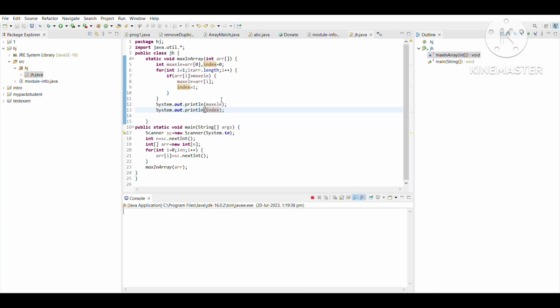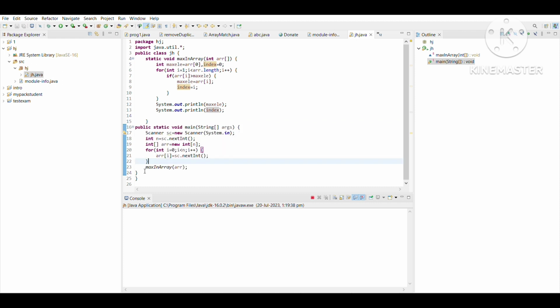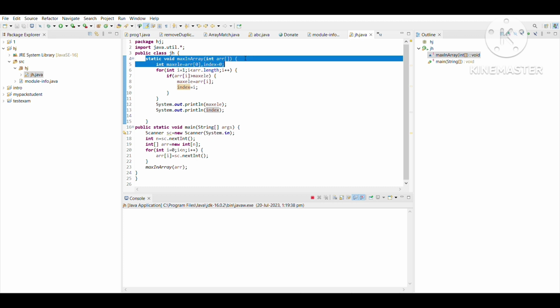Now we can see the code. We have used the Java compiler here, so don't worry about the main function. The main function will be given there in the compiler, and we have taken the main function already here, so it will be given, don't worry about that. The function name here is given as max in array, and we are passing our array to the function. Okay, so now for the top function that we have to write, we have written static void and the